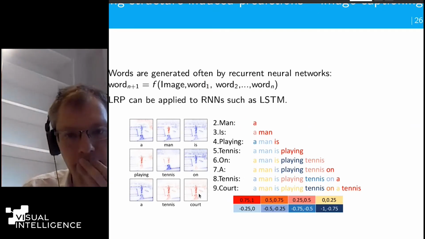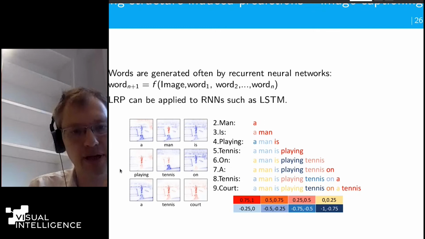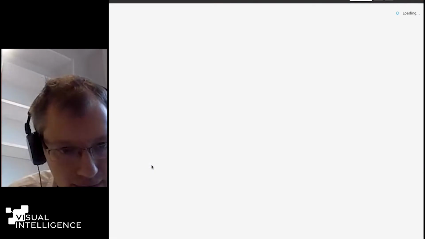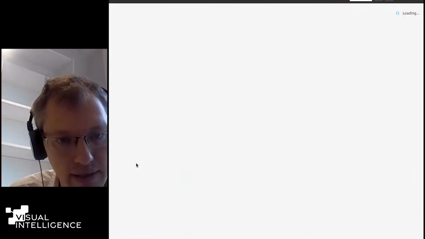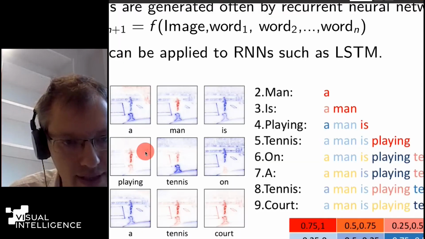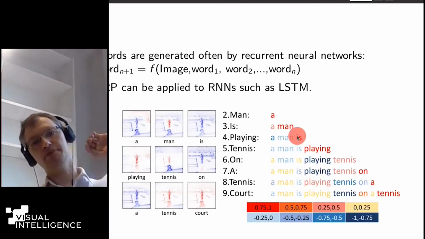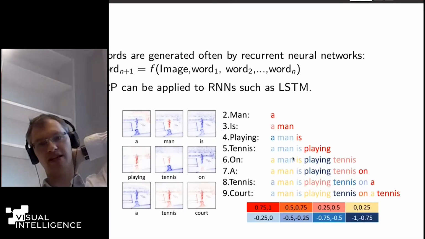For example, you can predict playing. And when you predict playing, you can look at the image evidence for playing. These are the pixels here in red. It's primarily the man, but also some people around him. And you predict playing because in the sentence before you said is.